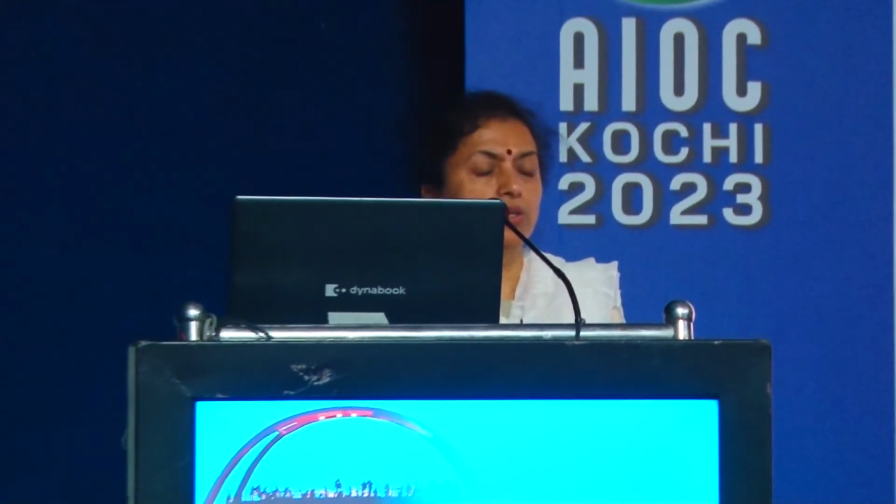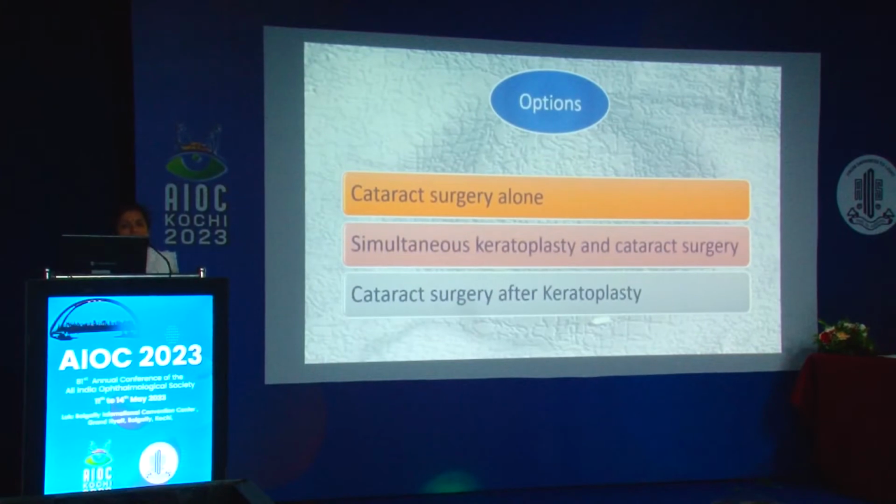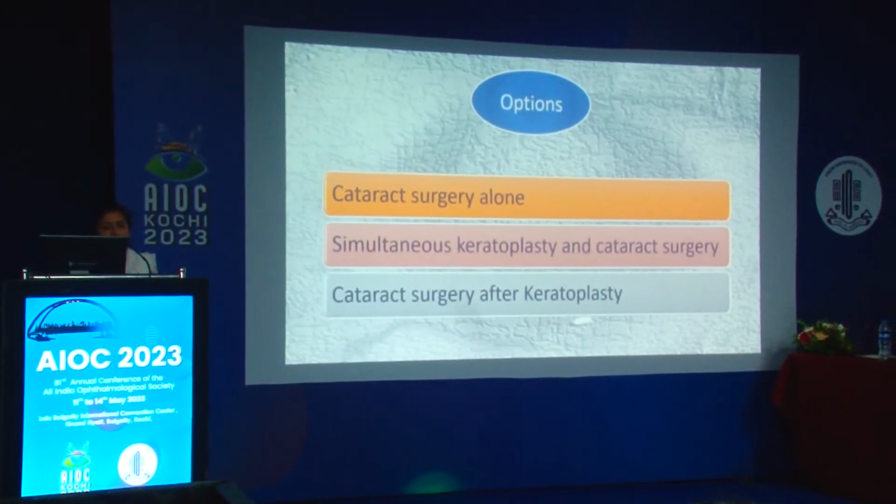So good afternoon again. I'm going to talk about managing cataract with corneal scars. We do come across these types of corneal scars with cataract, and how to deal with them is a big problem because there is impaired visualization, there is a problem of biometry, and intraoperative difficulties. There are many options available, like you can go for cataract surgery alone or simultaneous keratoplasty and cataract surgery, or